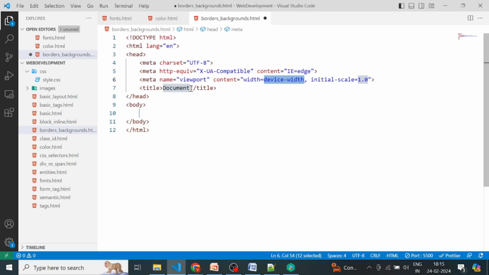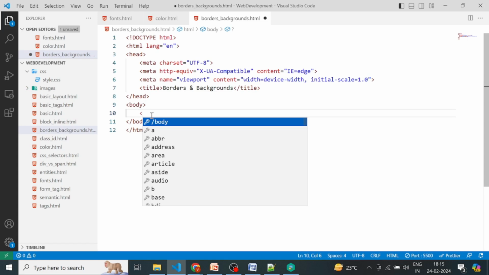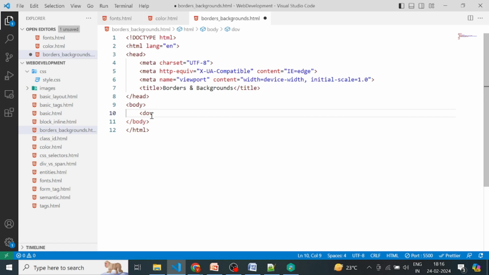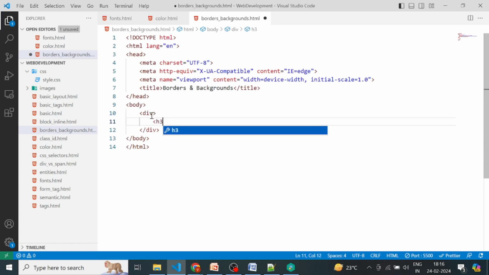Change the title to borders and backgrounds. Then come to our body section. Inside the body I am going to take one div, and inside the div one h3 element,